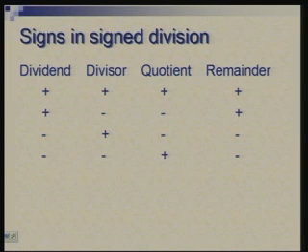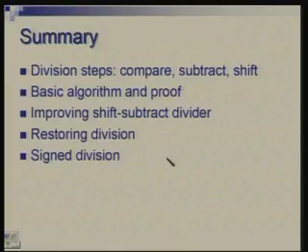So, what is the logic which is intuitively governing this? The sign of the quotient would follow similar logic as you have in multiplication. When you multiply two numbers of the same sign, that is positive into positive or negative into negative, the result is positive. Same thing we will do. You are dividing a positive number by a positive number, you get a positive quotient. You divide a negative number by a negative number, you get a positive quotient.